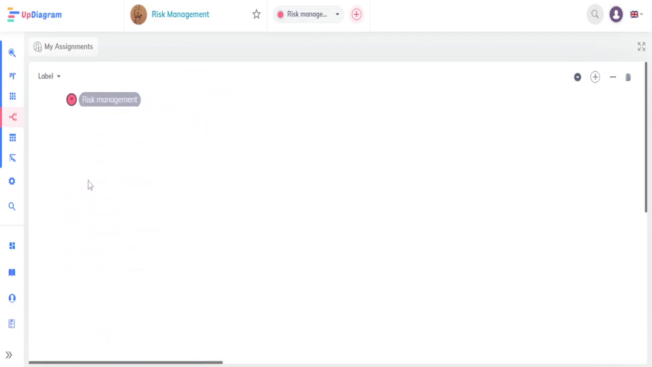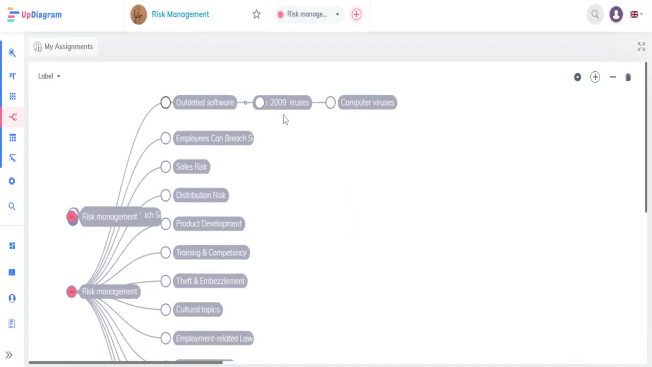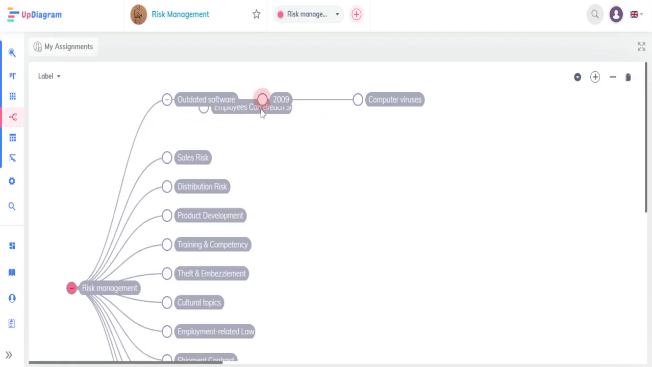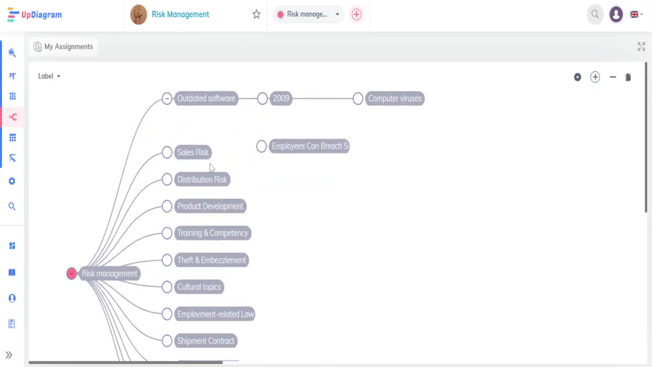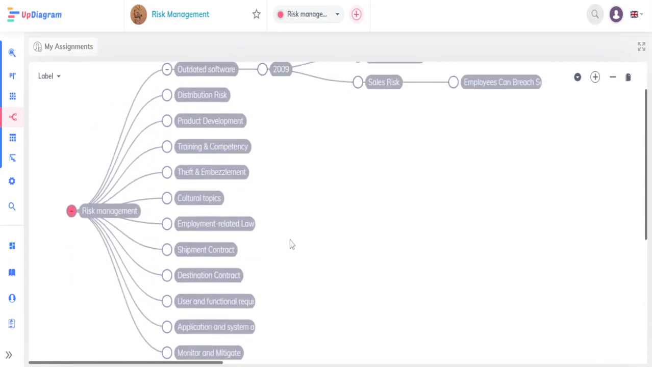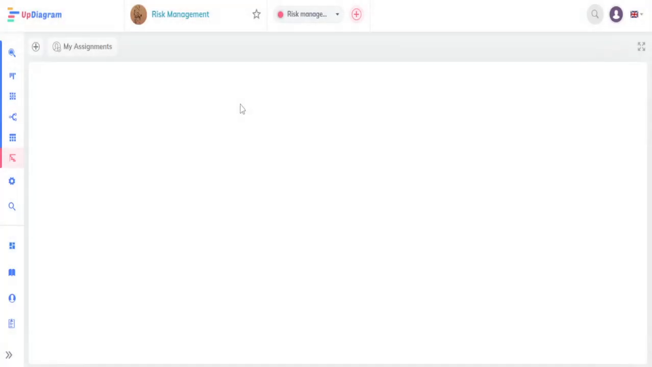Okay, so I think we can just minimize and after that maximize it. Okay, so we can connect these things like outdated software 2009. I think that we can also connect these things. So connect this to this, and can we connect these dots? Okay, so I think it's not that hard, guys. I think that you should be able to do these things yourself